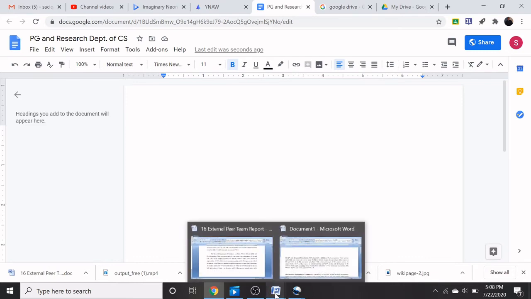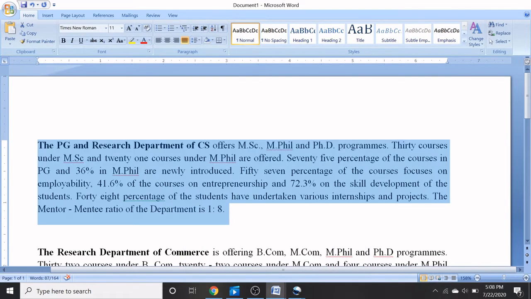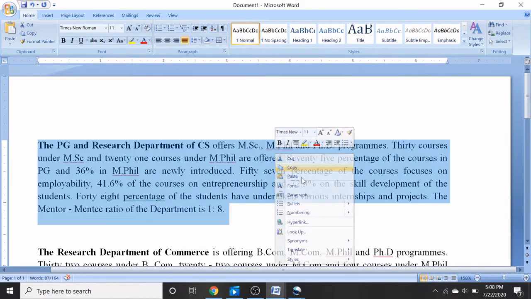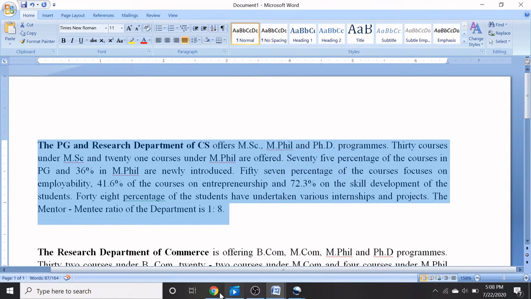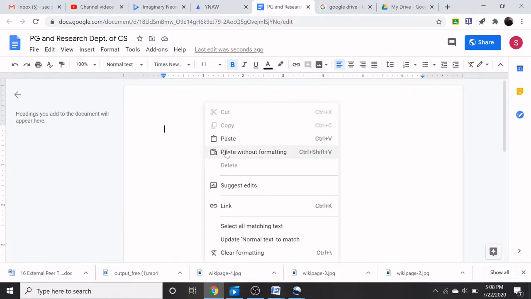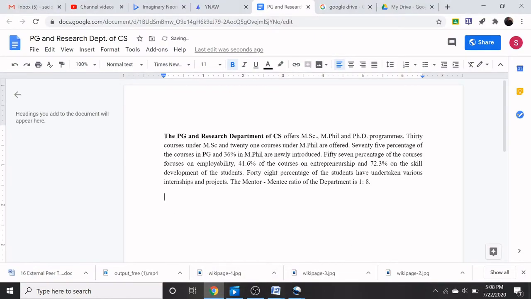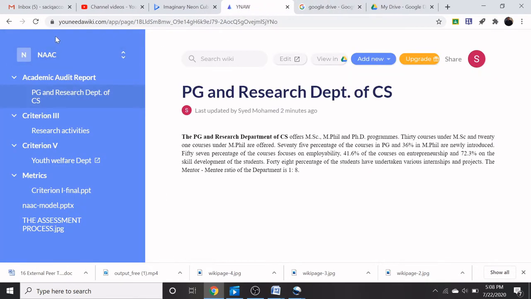Now I am going to type the basic information of the PG and Research Department of Computer Science. Just to copy this, so I am going to paste it in the document file. Now I just close this window, then I am going to refresh this.